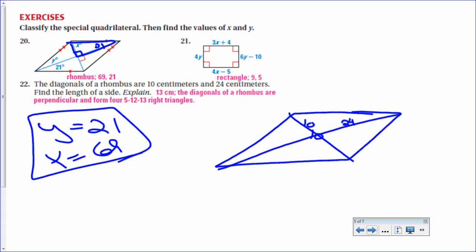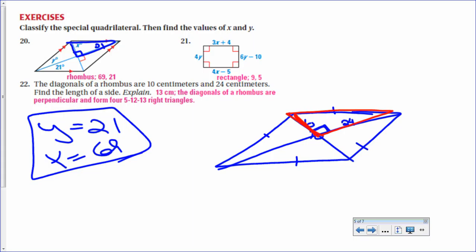Now here's what's not good about what I did. A rhombus, guys, you know, all sides are the same, but more importantly, this is a 90 degree angle. So if I highlight this triangle, I know it doesn't look like a right triangle because my drawing is awful. There it is right there. So I see a squared plus b squared equals c squared. And that's going to get me my